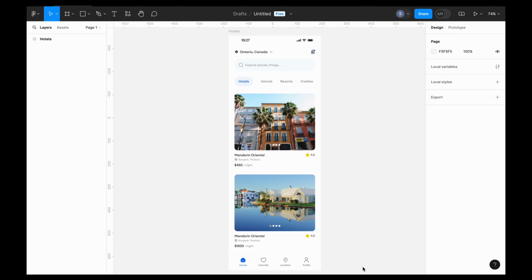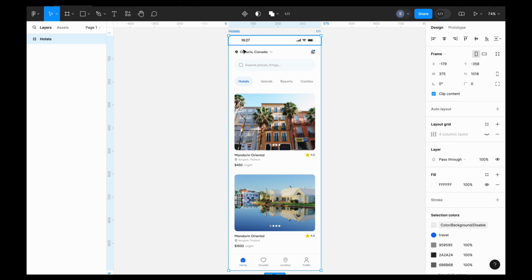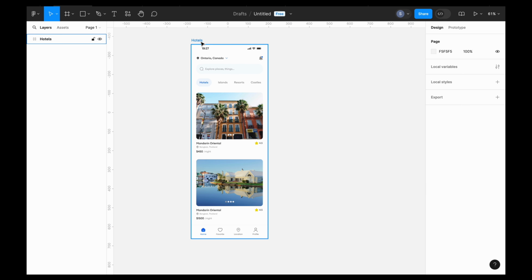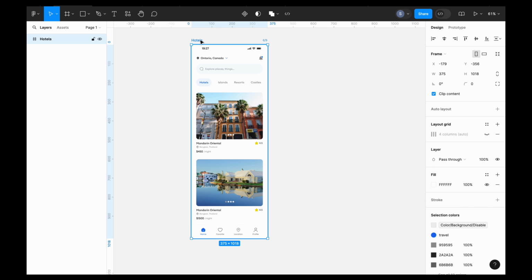The first thing we're going to do is create different screens for islands, resorts, and castles since we already have hotels. So this is a home screen that displays options for hotels. We have to do the same for islands, resorts, and castles. I'm going to just make a duplicate of this one